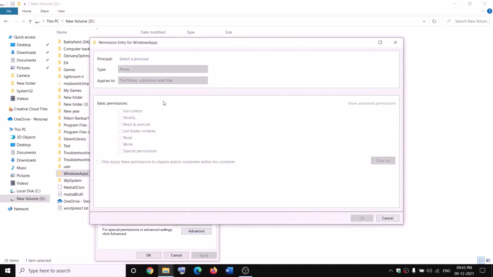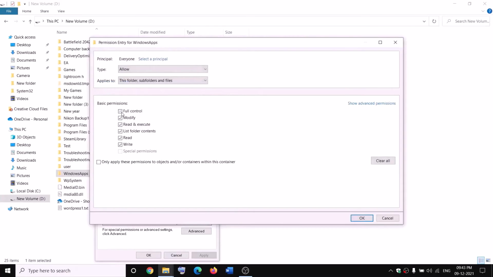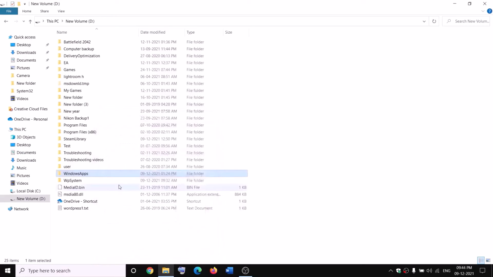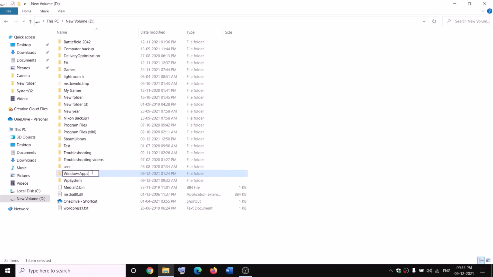click on add, select a principal, everyone, check names, OK, put a check on the box which says full control, OK, apply, OK, OK. Now right click on Windows apps and then click on rename and then rename it as Windows apps.old. Now while renaming it, if you receive any kind of error message which says file is open, in that case